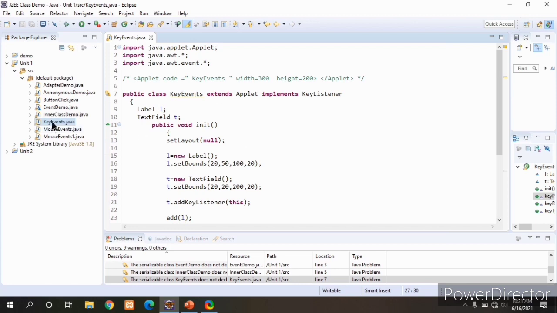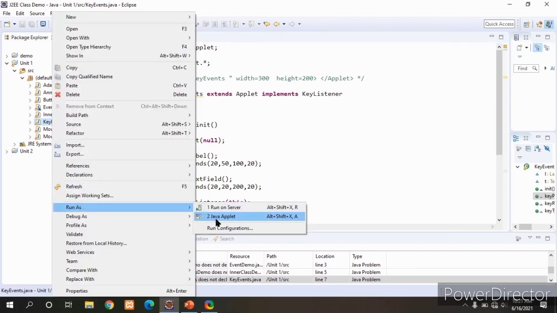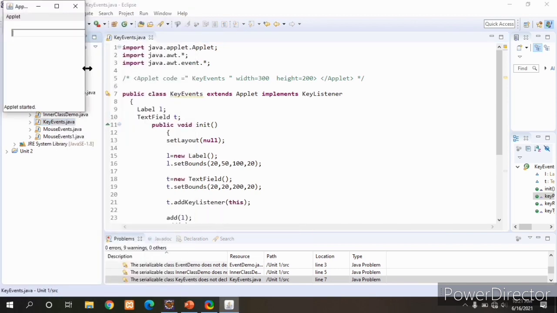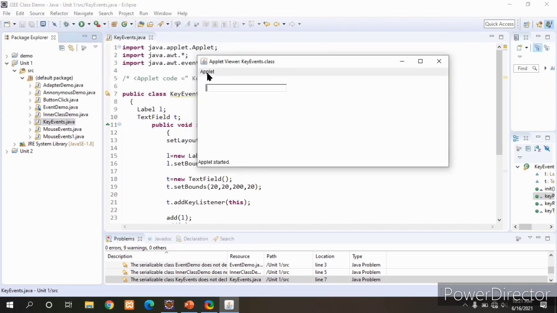I will execute this program now. KeyEvents, run as Java applet. See, this is the text field we took, and when I type K, it will show key typed. When we leave that key, it will show key released.